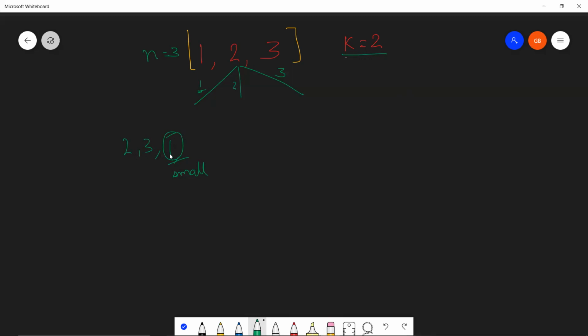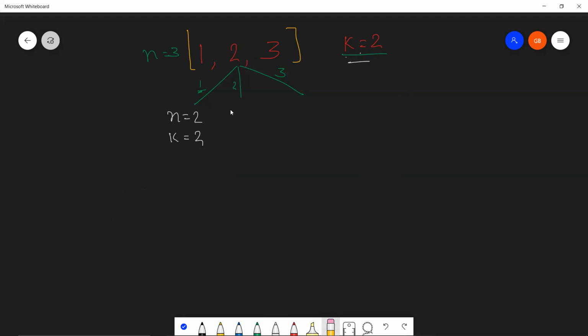2 will also overshadow it. 3 will also overshadow this stick. So at this point, what we did was our n became equal to 2 because we had only 2 options to choose from now, and k is still 2, right? K did not decrease. Why? Because 1 was fixed, but still it is not going to be visible. Not visible. Perfect.